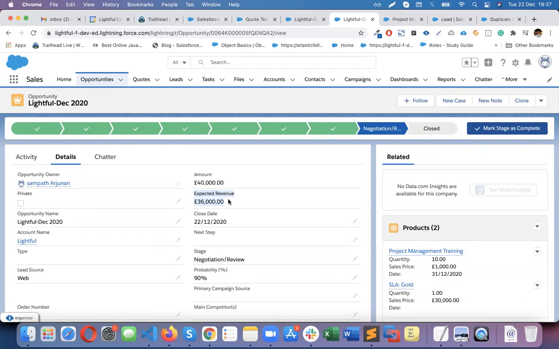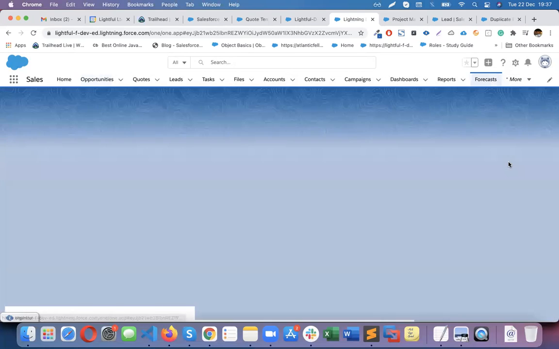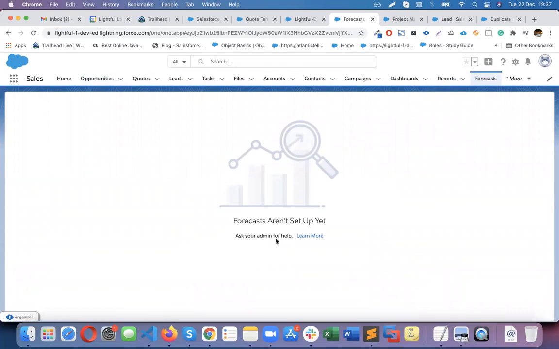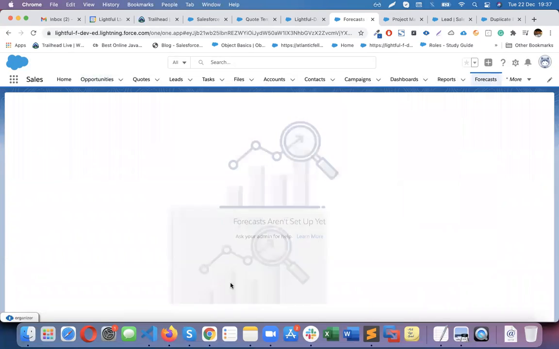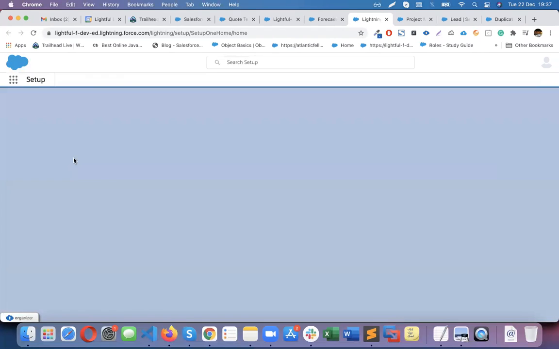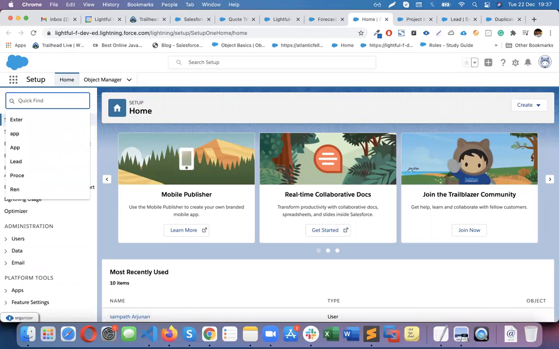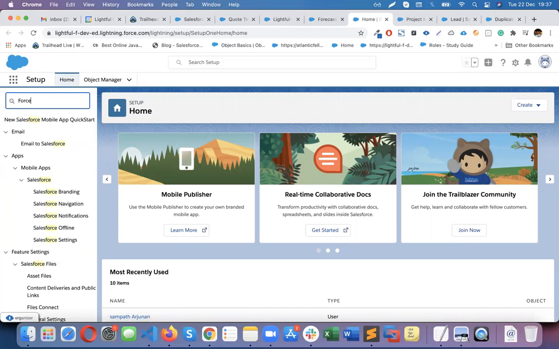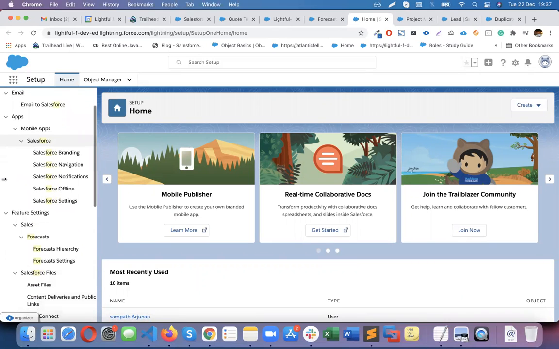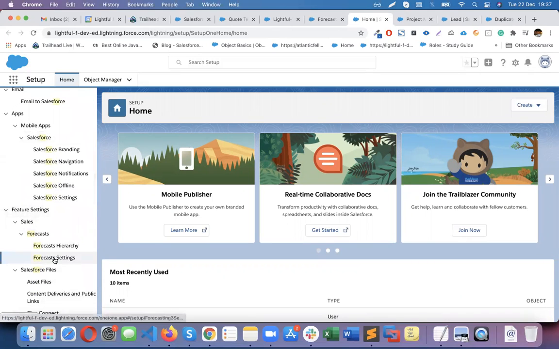This expected revenue basically goes into your forecasting. If you are trying to calculate in the forecasting module, let me show you the forecasting. If I go to forecasting, at the moment it's not set up, so I need to set up the forecast module. Click on the setup. Again, these are all standard features available in Sales Cloud. Go to forecast settings,